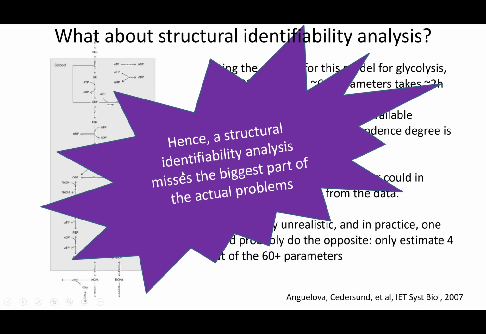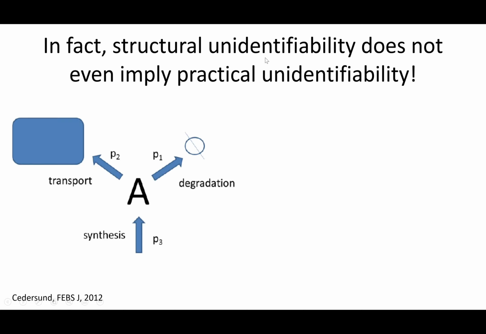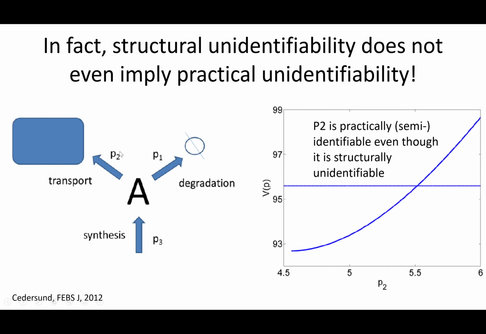So structural identifiability analysis misses the biggest part of the actual problems, and it doesn't even imply practical unidentifiability if you don't have structural unidentifiability. So it's not even necessary. So if you have a problem where you have 2 processes like this that appear in the same way, so P1 and P2 are structurally non-identifiable,